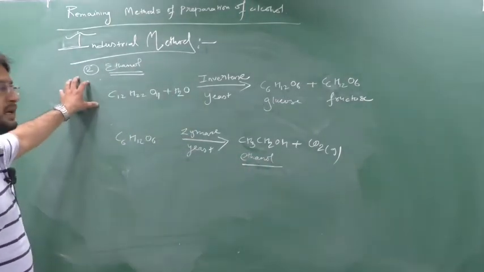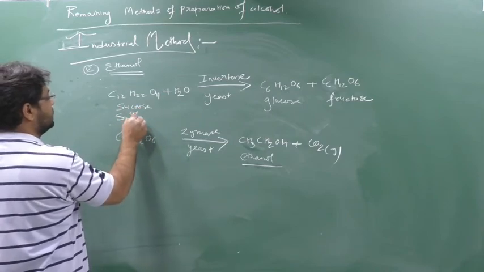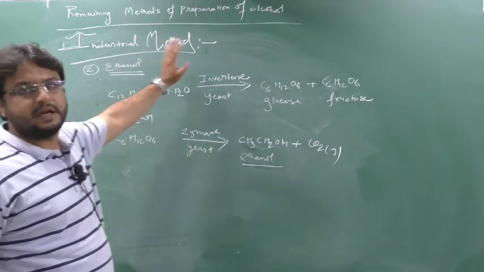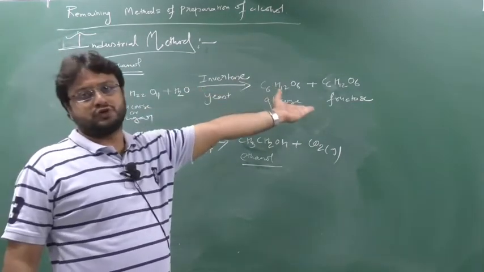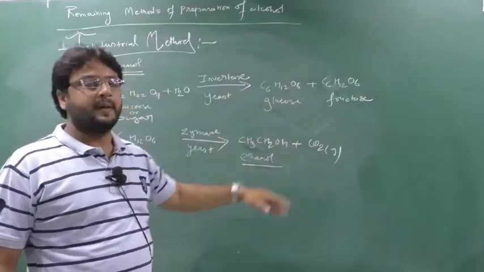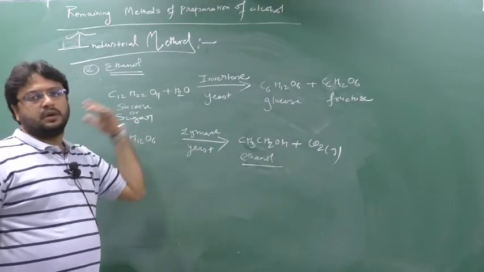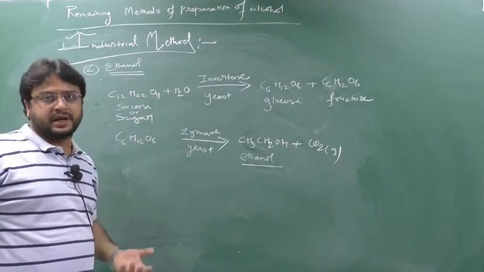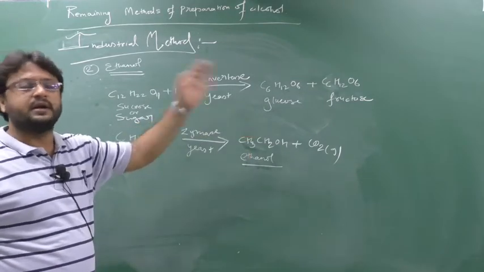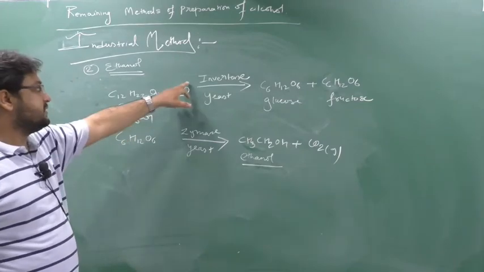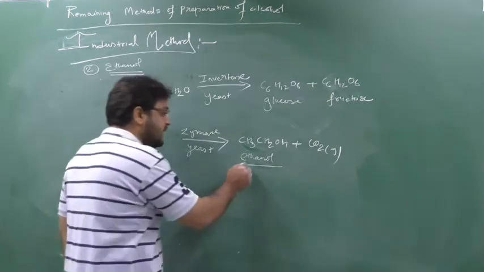So in the first step, what are you taking? This is nothing but sugar, or sucrose. It is fermented in the presence of the enzyme invertase and in the presence of yeast. So in the first step it will generate glucose and fructose. Molecular formula is the same but structural formula is different. Then this glucose and fructose are again fermented, but it will change the catalyst. The catalyst is now zymase in the presence of yeast, so it will generate ethanol and carbon dioxide gas. Clear this part? So this is invertase, this is zymase. In the first step we are using invertase and then we are using zymase. So here you will generate the ethanol.